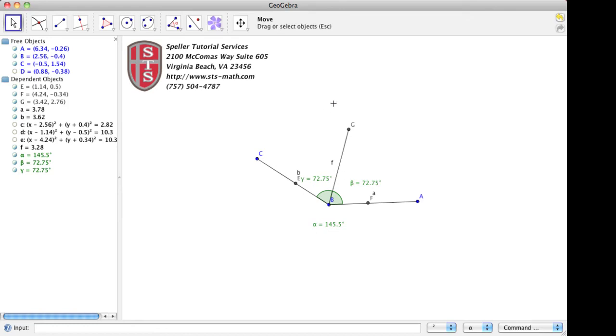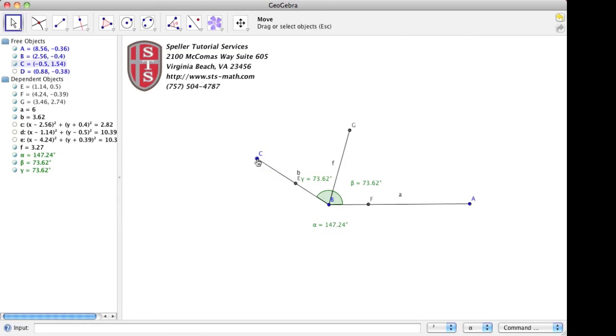Now we're going to use the GeoGebra tool here to actually take point A and manipulate it, and we'll see that as point A is manipulated, angle beta and angle Charlie remain the same, and they both add up to be angle alpha.